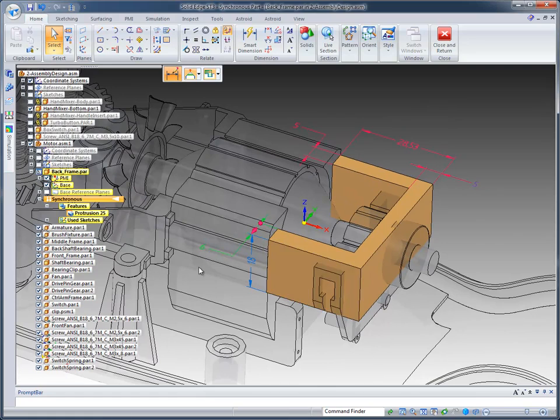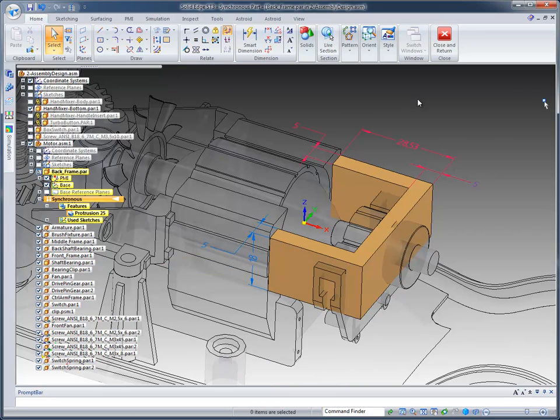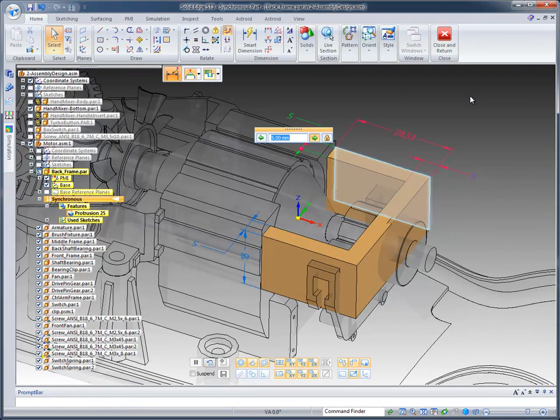Now if I come over to this 6 millimeter, obviously I can change its value, and you can see it update, but that's really not what we're looking for. I really want it to be the same thickness as the rest of this part, so I'm going to set it to 5 millimeters. Then, when I identify the 5 millimeters to make a change to its size, you'll notice that